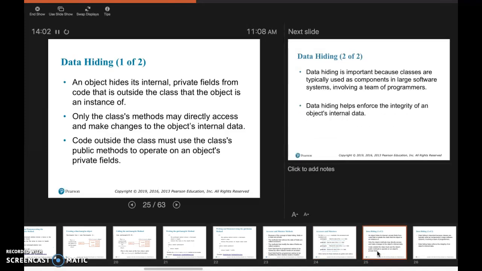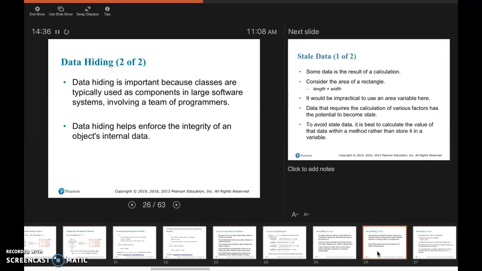And we talked about this earlier, but encapsulation is a concept in object-oriented programming, the concept of hiding data. Anything that's a private field or a private method is hidden from anything outside the class. Code outside the class has to use the public methods in order to gain access to the private data. You can use the public method to pass in data, and then the class itself can use that data that was passed in to set values, like we did with the width and length. And this is important, as I mentioned earlier, that we have